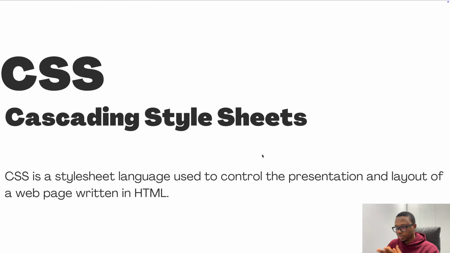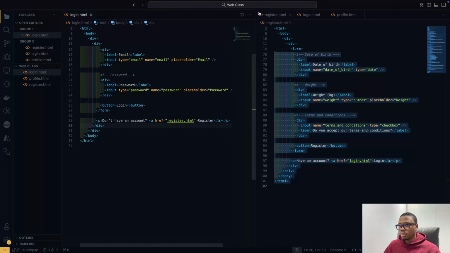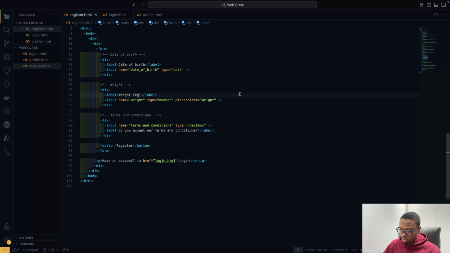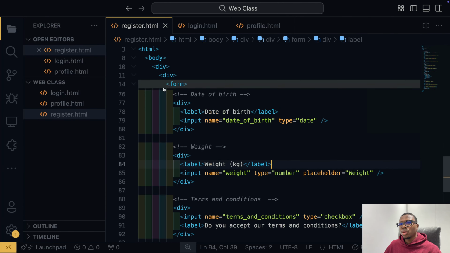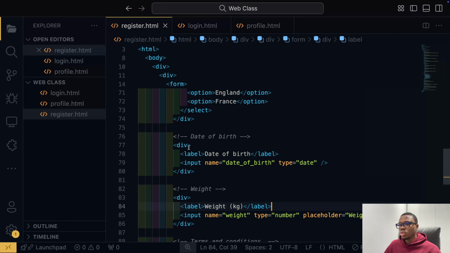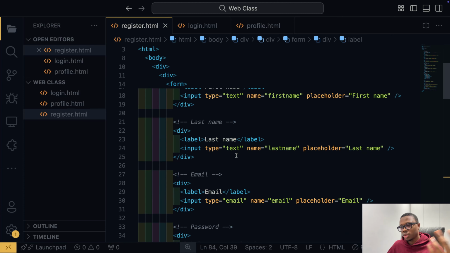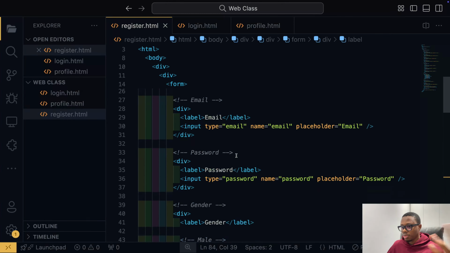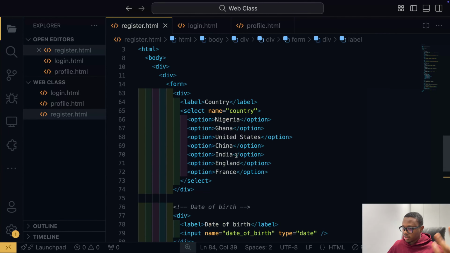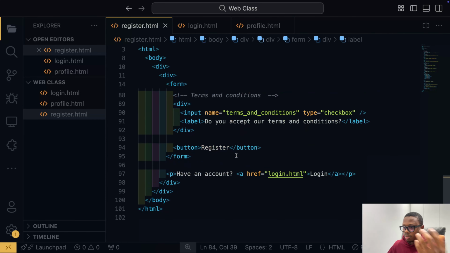I'll just pull up some of the things that we talked about in our last class. Okay, so we built a registration form in the last class. We added a couple of fields. We talked about the form tag, the input label, and other tags like the select tag. We talked about the buttons, and we linked the registration page to the login page,